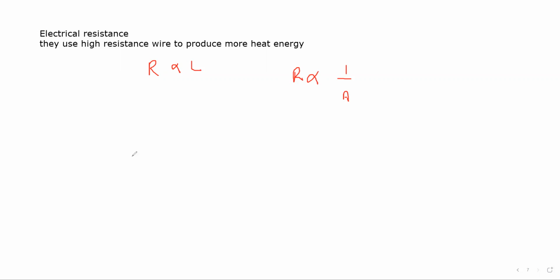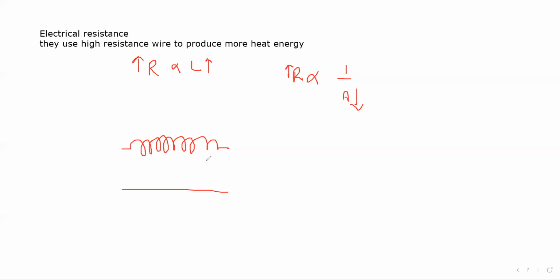So what they try to do is make a loop, a coil. What is the advantage of having a coil rather than a straight wire? Because in a small space I will have a greater length of wire. That's why they use a coil. When they use a coil in the space, they're using a longer wire, so resistance will increase. And you will find that the wire the metal is made of is very thin. What is the reason it is very thin? It will increase the resistance.